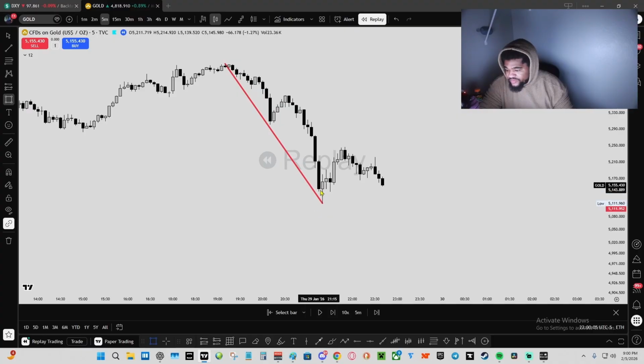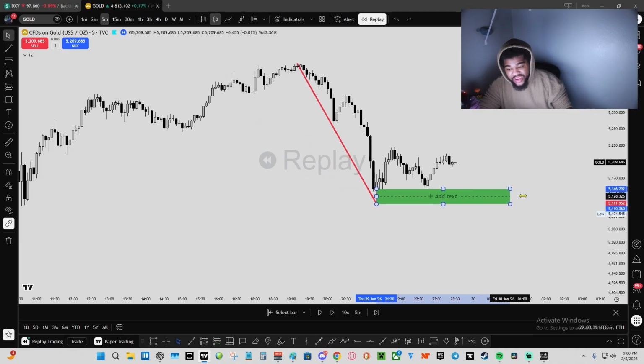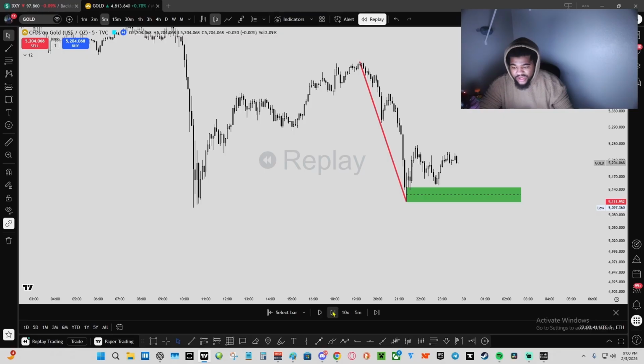Since we know that villains lost their power here, all you're doing is just waiting for villains to prove to you, right? Because you want to join the villain team. So they need to prove to you that they deserve you on their team, right? So where did the villains lose control at? Well, they lost control here, right? So you need to wait for them to move below that area for you to step in. If they never move below that area, you never step in. It's as simple as that.